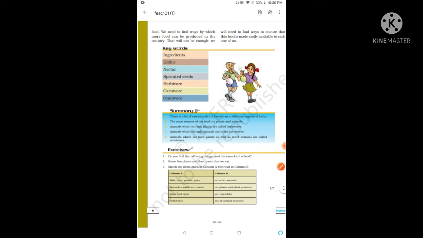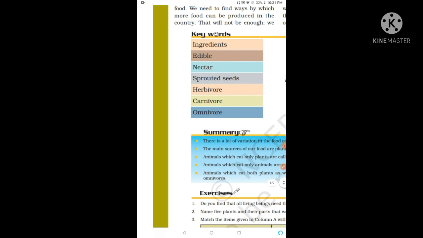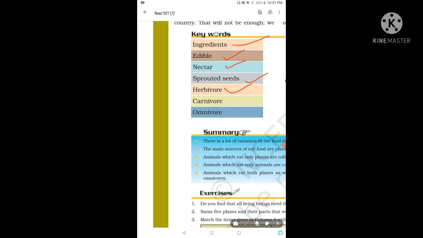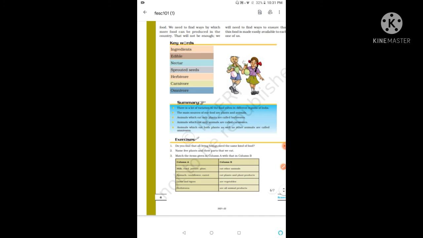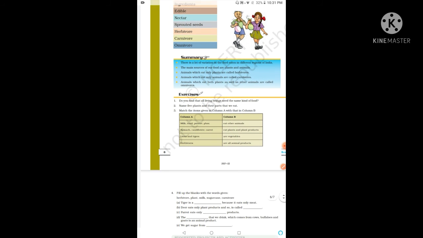जाएगा। अब हमने ये सारी चीज़ें पढ़ ली हैं न्यू वर्ड कीवर्ड्स की, है ना। सबने इंग्रेडिएंट्स पढ़ लिए हैं, सबने एडिबल पढ़ लिया है, सबने नेक्टर पढ़ लिया है, हमने स्प्राउटेड सीड्स पढ़ लिए, हमने हर्बीवोर पढ़ लिया है, देन कार्निवोर एंड नाउ ओमनीवोर। सो हमें इस चैप्टर में कितने मिलेंगे? 10 out of 10। बट अगर किसी ने ये चैप्टर अच्छे से नहीं किया तो उसको 10 में से 10 नहीं मिलेंगे।